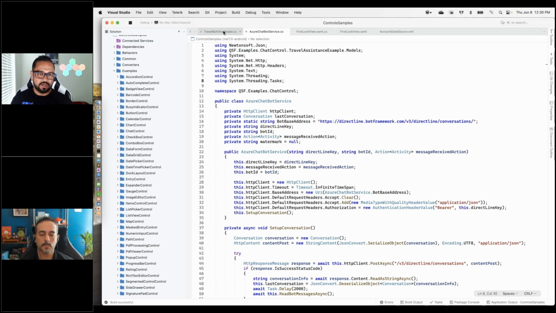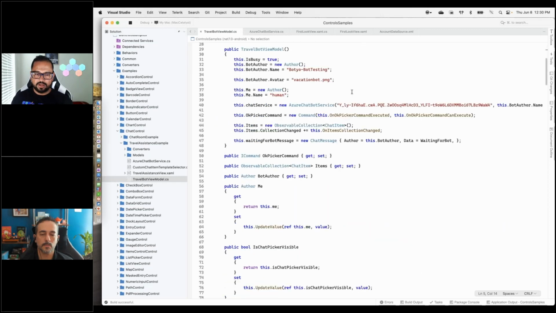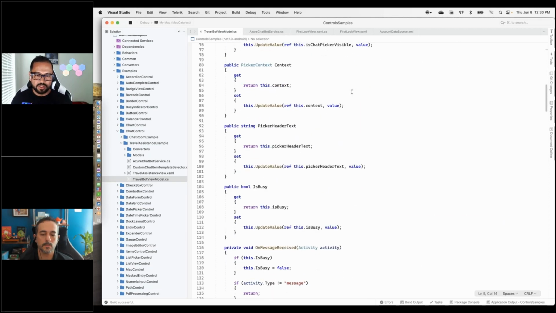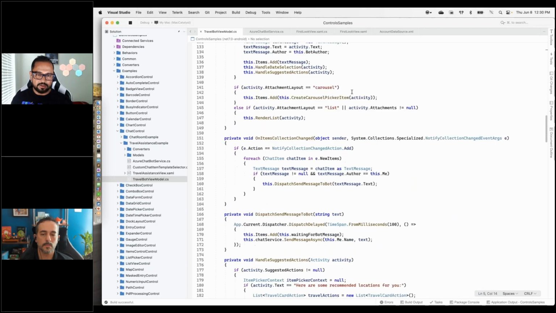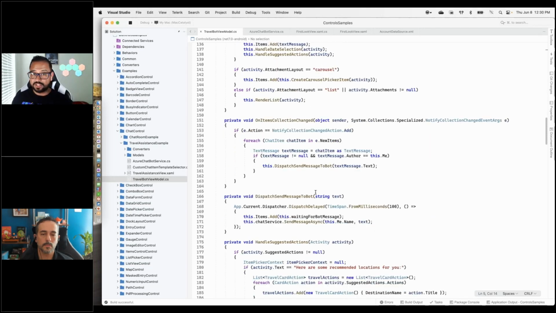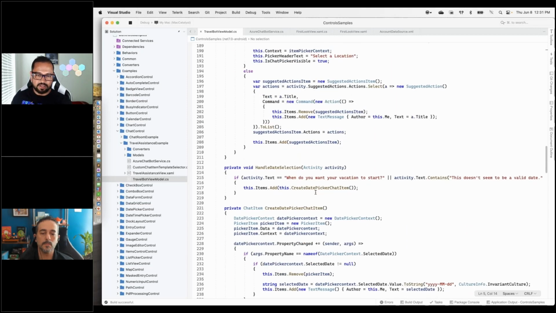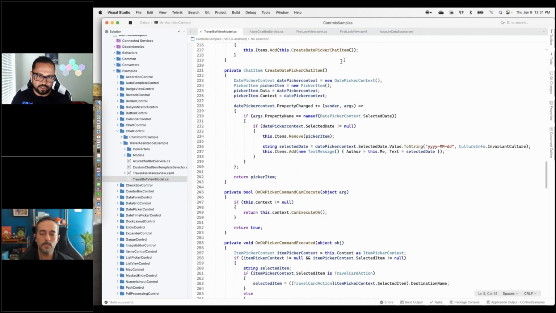Here's the chat UI, the conversation UI that I showed you. Here's how we are wiring it up. It's pretty standard C# and XAML code. We have, when the items collection changes, how we respond to things, how we add things to that collection, and how we are sending messages to our bot service, and how we are accepting messages back in. All of that is done for you, and the pickers have their own